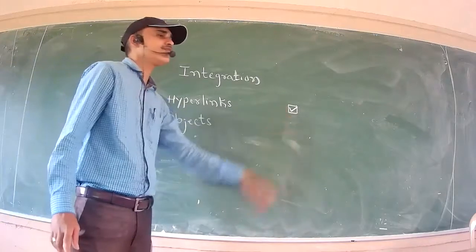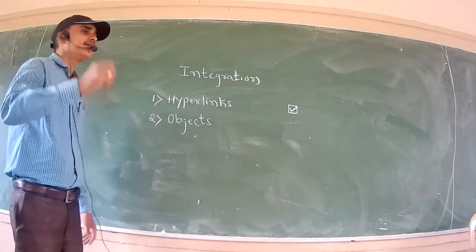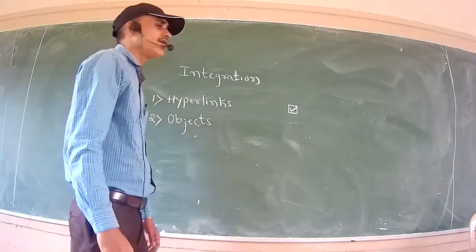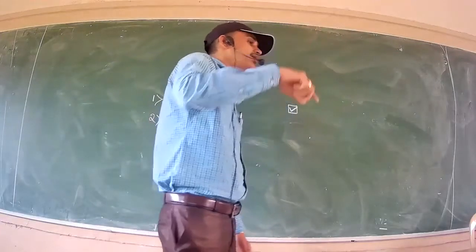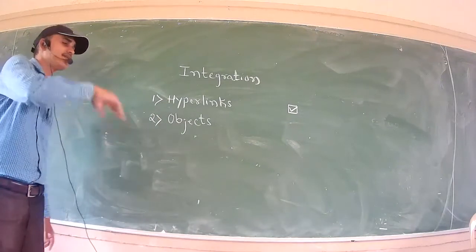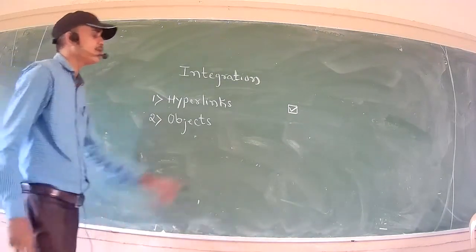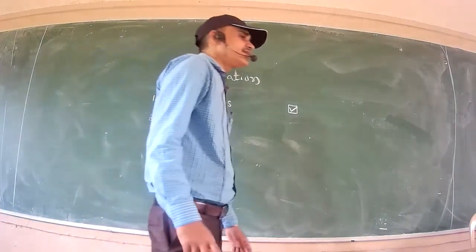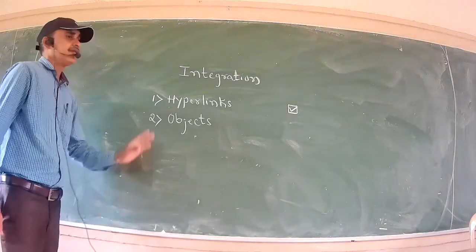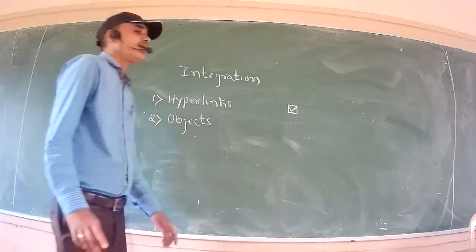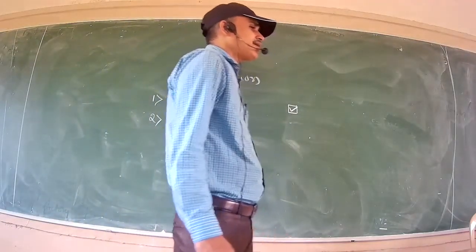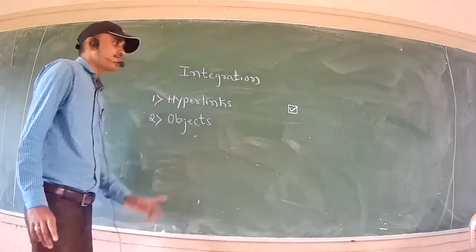If that particular checkbox is selected, what is the meaning? It is inserted as a linked object. It means if you make any changes to your graphical file or audio video file after insertion, those changes are reflected in the Word document, in the inserted object also. Otherwise, if you don't click here, what is its meaning? It is inserted as an embedded object, which means if you make any changes, those changes will not be reflected here.